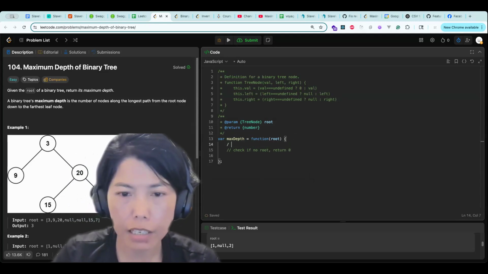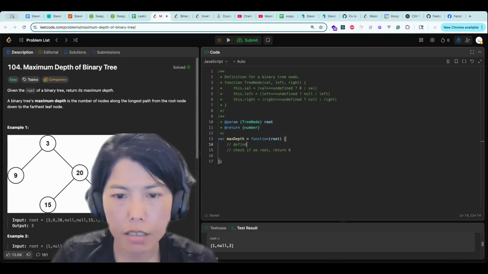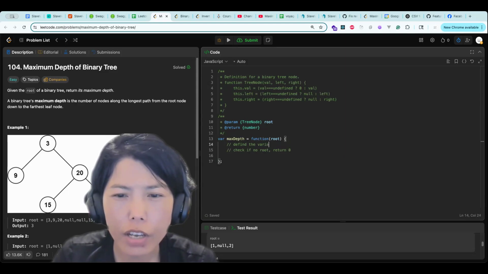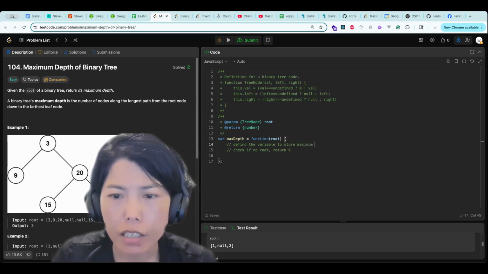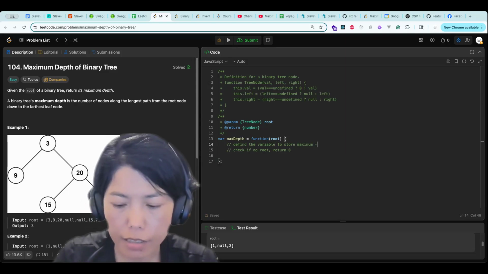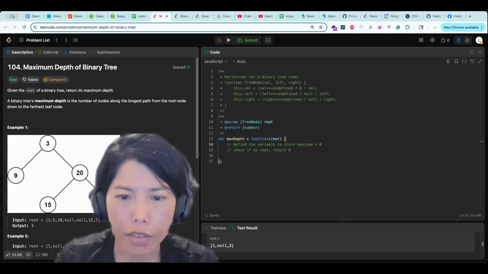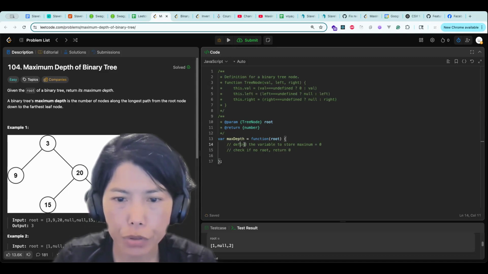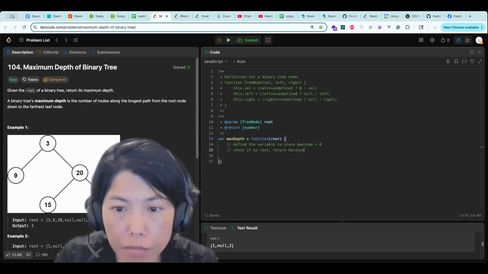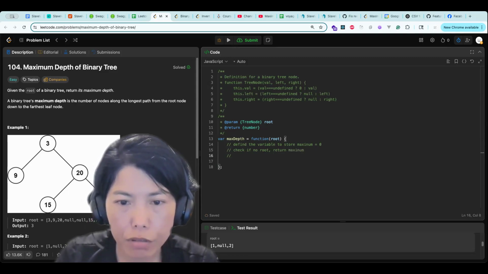At first, I think we want to define a variable to store the maximum, which should be set to 0. Then if there is no root, we're going to return the maximum variable. And then we're going to define a queue